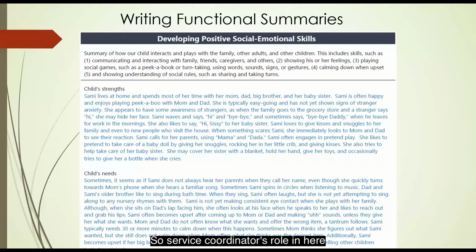So service coordinators, a role in here is that they're facilitating the conversation about these outcomes and everyone on the IFSP, but a lot of the work in writing these and sharing these back with the families comes to those evaluators and assessors. If you see here within Sammy's sample, developing positive social emotional skills, you'll see that it touches